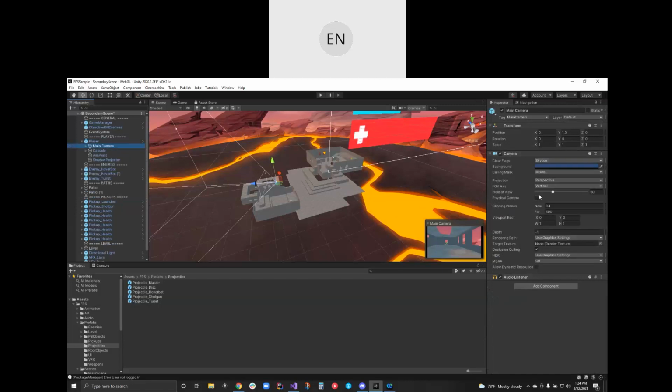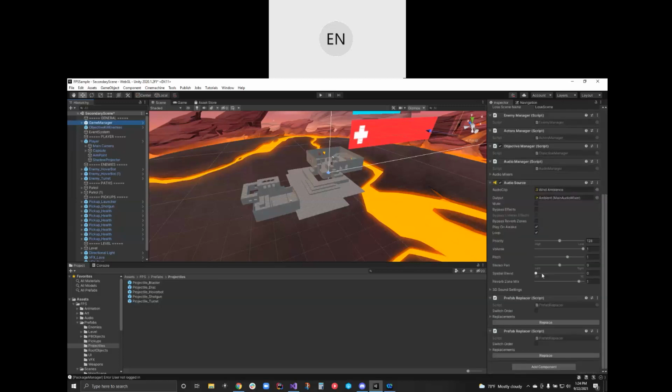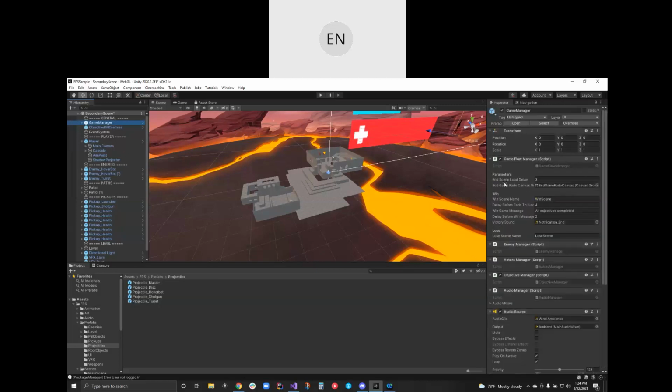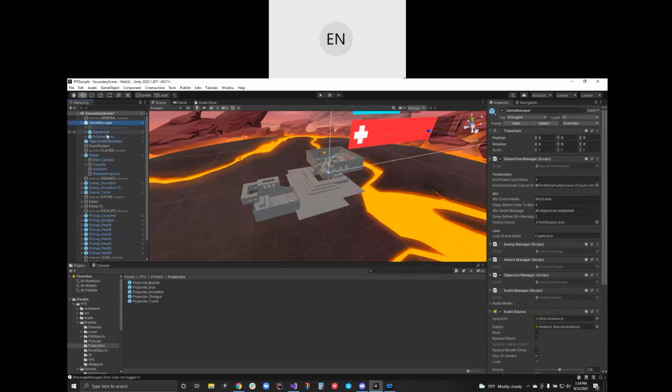There's one camera for the user. There can be other cameras doing other types of rendering. But we need a camera for the player, and we need a listener that will assemble all the audio sources and then pipe through the player's speakers what the final composite audio sounds like. So in this case, there's ambient wind sound on the game manager and a bunch of scripts. There's some stuff underneath it.